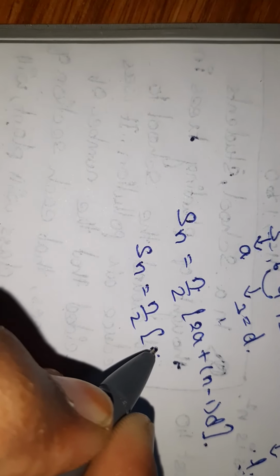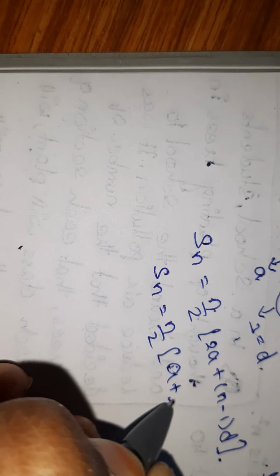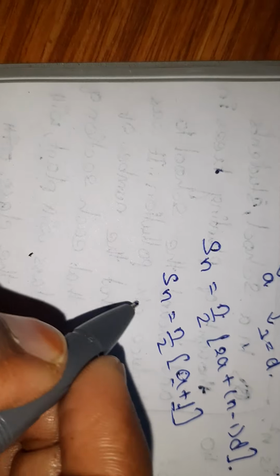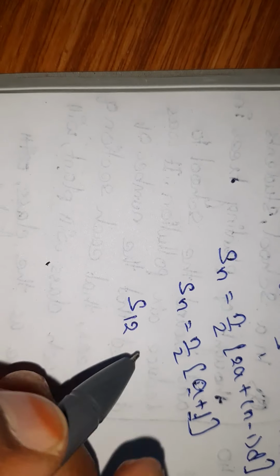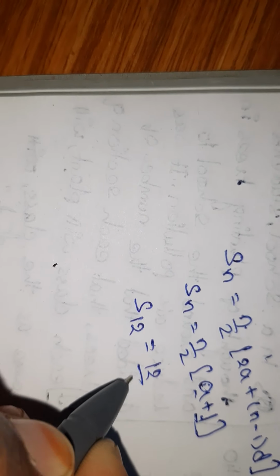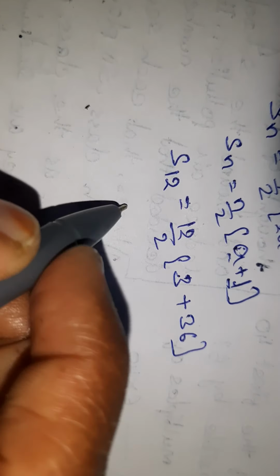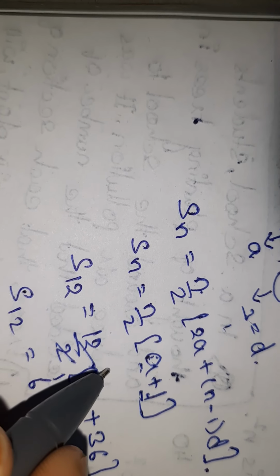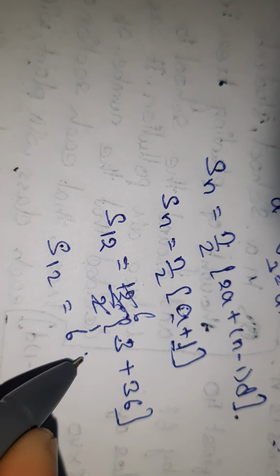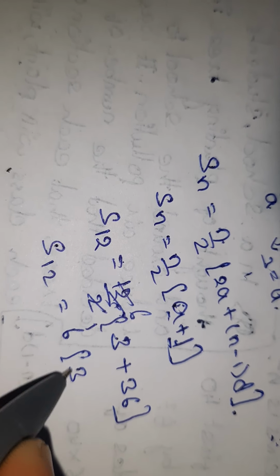So here we get a plus l, first term plus last term. So Sn, n is nothing but 12, right? Because the number of classes are 1 to 12, so 12 terms. n is 12 by 2 into first term is 3 plus last term, what is the last term? 36. So S12 is equal to 6 into 3 plus 36, which is 39. So multiplying 6 into 39, we get